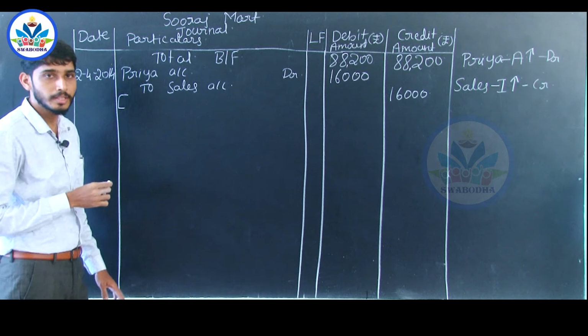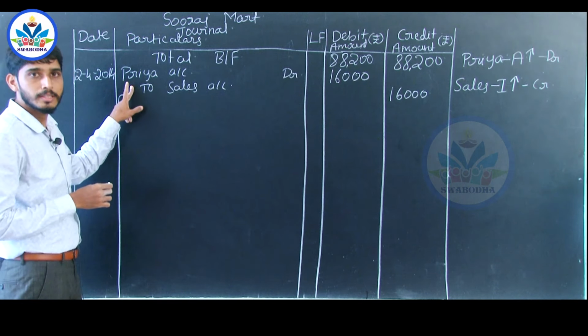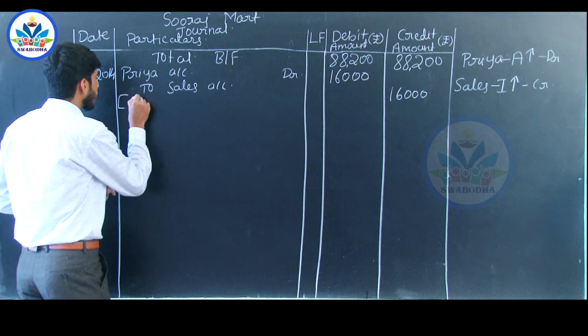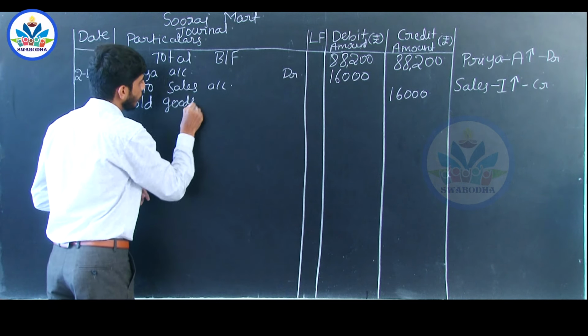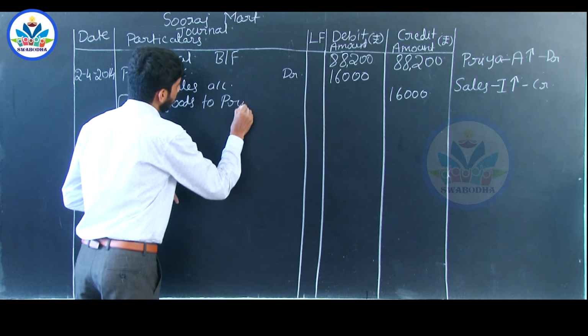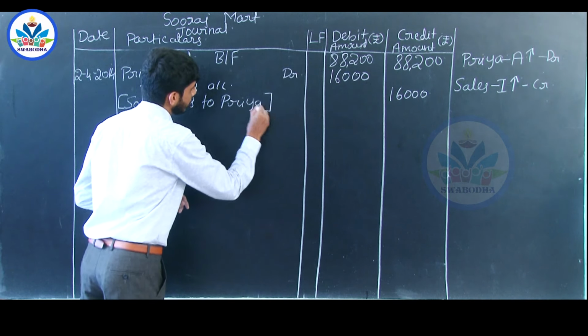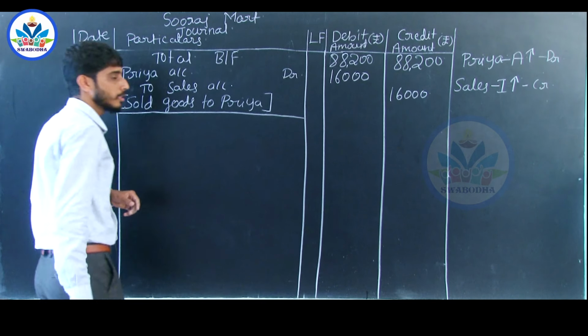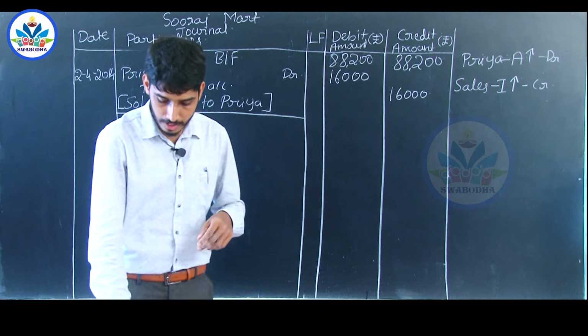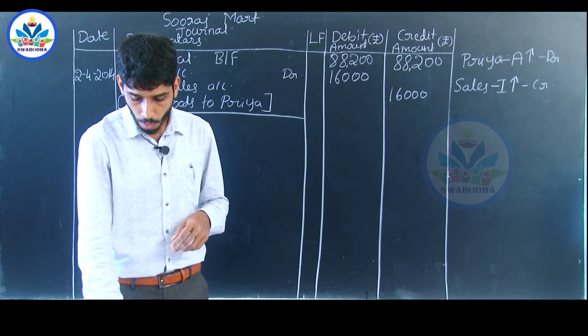Next, write the narration regarding the transaction. Sold goods to Priya. Draw the line. Next transaction is on